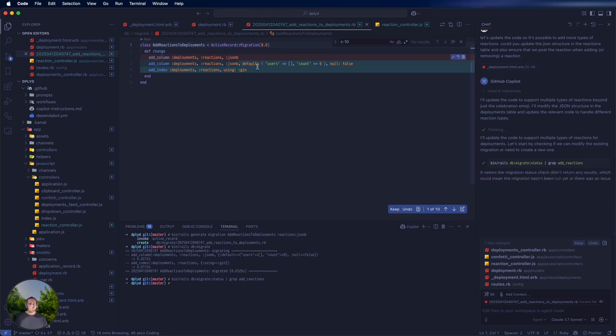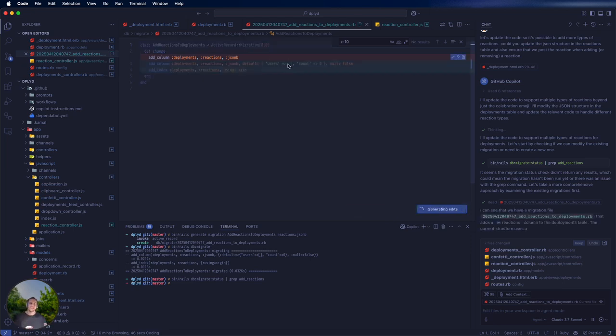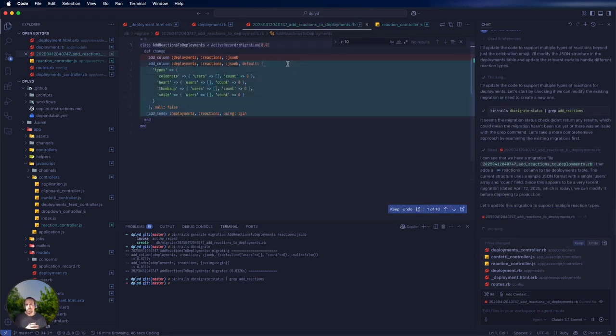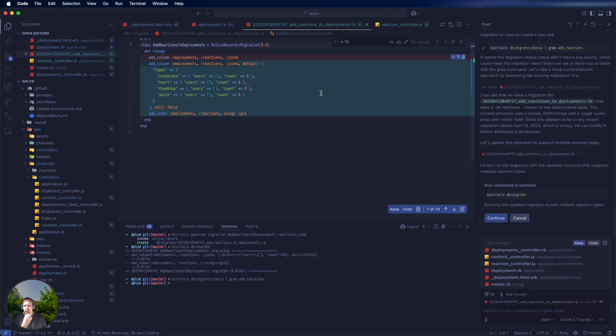It might add a default. It might actually remove the default, because now you have potentially different reactions. So it should actually have a structure being a little bit more complex than this one. Need to have one nested. Yeah, exactly. Something like this. So they call it types. You could just have considered having it as a key. Yeah,